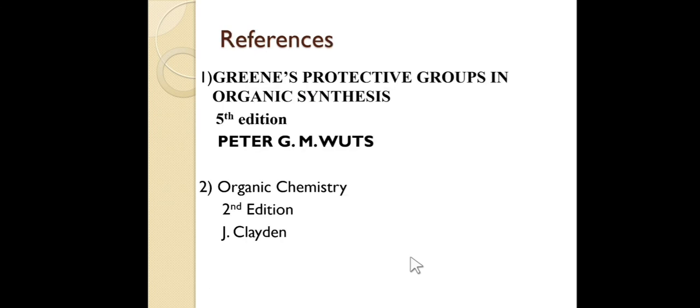So friends, I am using all this information from the internet as well as these two books. I am referring to Greene's Protective Groups in Organic Synthesis and everyone's favorite, Organic Chemistry by Clayden. So this is all about the protection of diols with the help of carbonate and silyl acetals. If you have any doubt, please